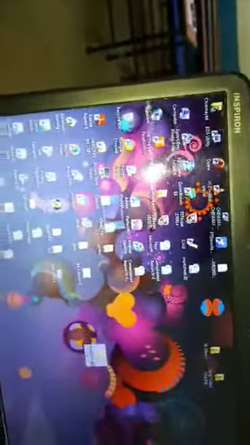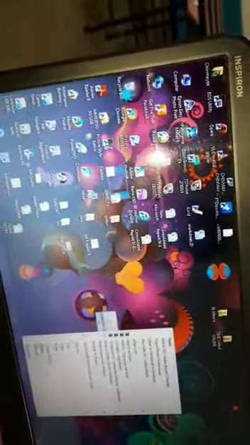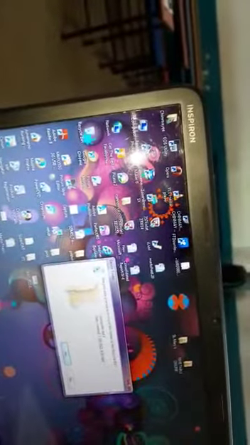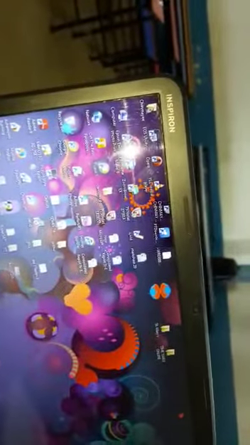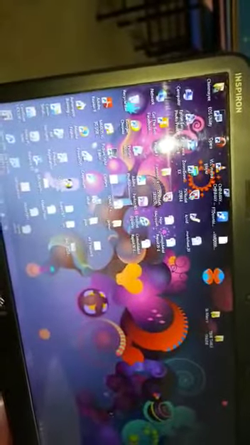The next topic is deleting a file or folder. How do we delete a file or folder? We will first select the file or folder to be deleted. Suppose we want to delete the file which we have created, that is computer standard 4, we will click on it. A drop down menu will open. From there we will choose the delete option. After choosing that, it will ask whether you want to delete it from the recycle bin. As we have studied earlier, the recycle bin is a place where the deleted files get saved. But when we click on this permanently delete option, the file is not saved in the recycle bin and it is permanently removed or deleted. Okay.